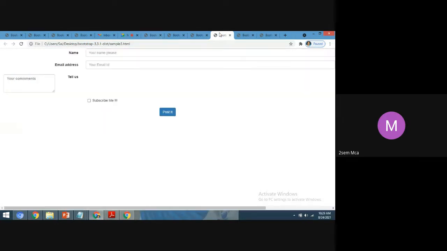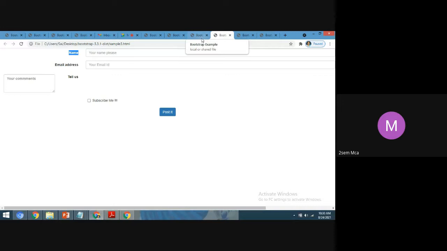If the screen is small, and it is showing horizontally, then which one will be preferable for mobile phone? Which design will be preferable? Yes, students, which type of coding will be preferable for mobile phone?